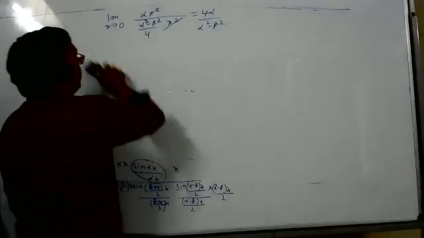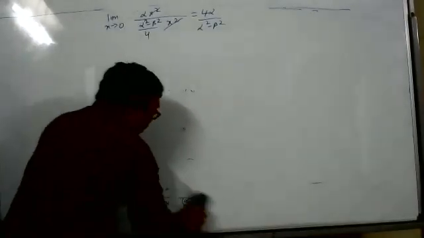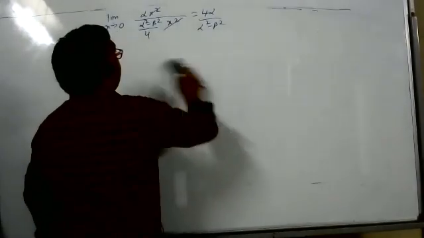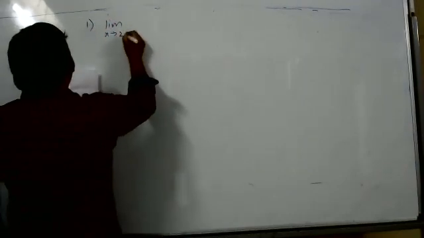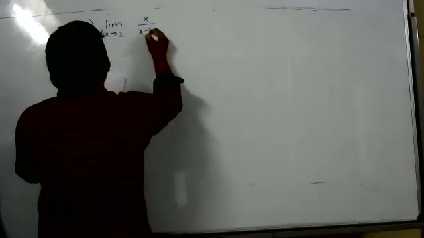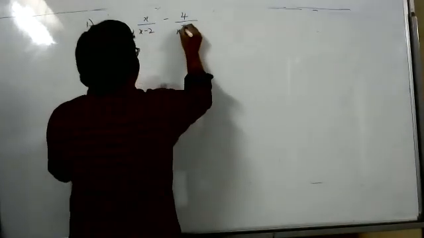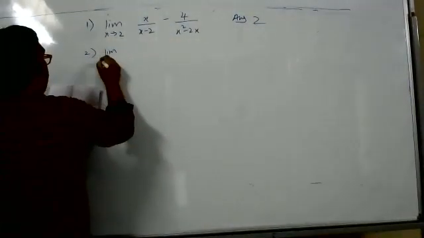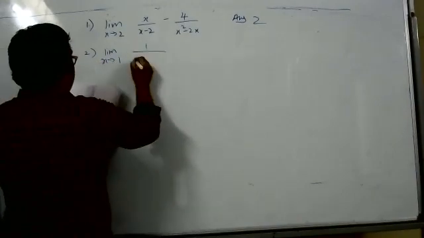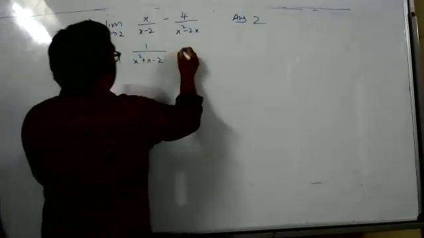Yesterday, I think Bhushan said that we have to do more sums on infinity minus infinity. So I bought some sums from RD Sarma. Write down. These are all infinity minus infinity sums. This is all our homework, or you can ask me now also. First: limit x tends to 2, x by x minus 2 minus 4 by x square minus 2x. If you put 2 in the place of x, you will get infinity minus infinity form. Answer is 2.